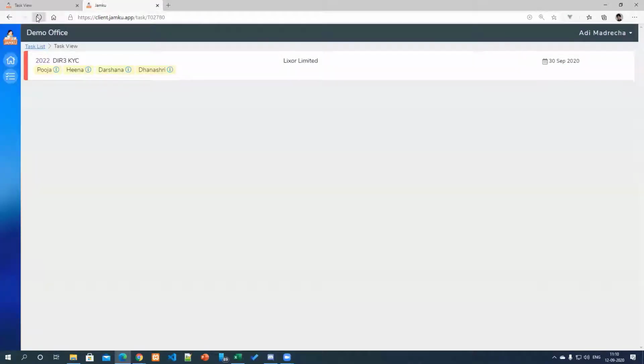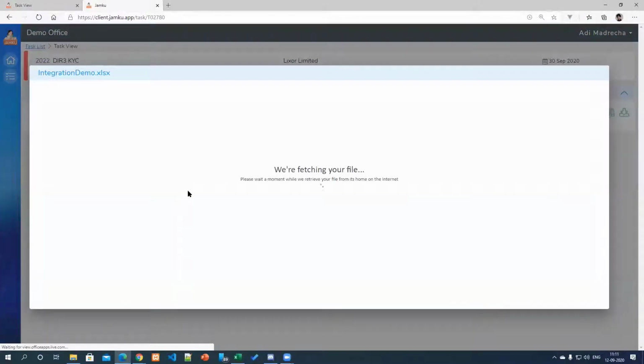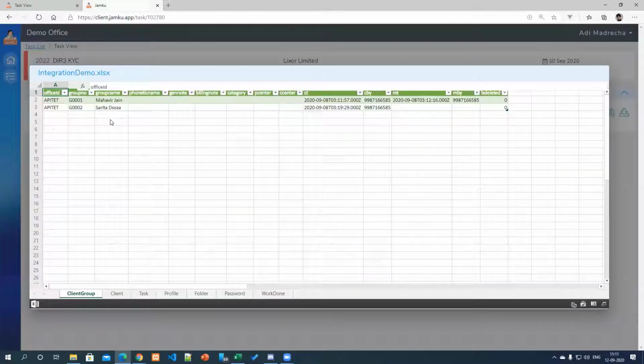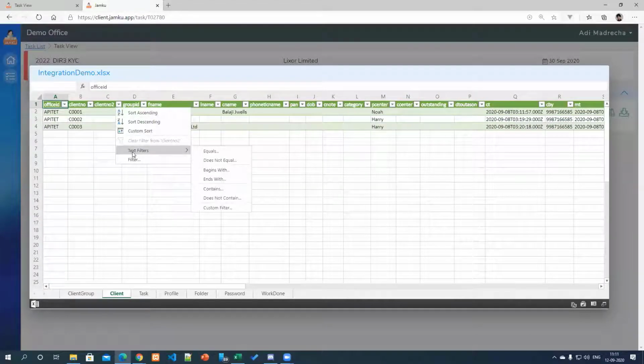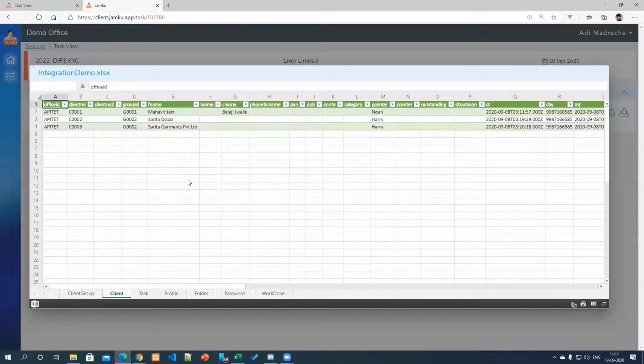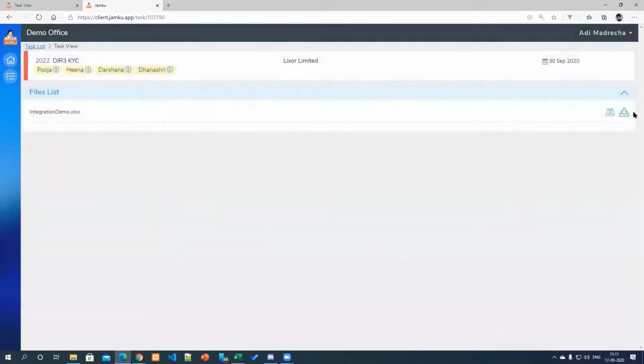So now, if I refresh this, a client can just see this file, and they can even preview the file. They don't even need to download. So just click on this preview button, and it will open the Excel file like this. And the beauty of this is that this previewer even has filtering capabilities. Okay, and of course they can download just by clicking here.